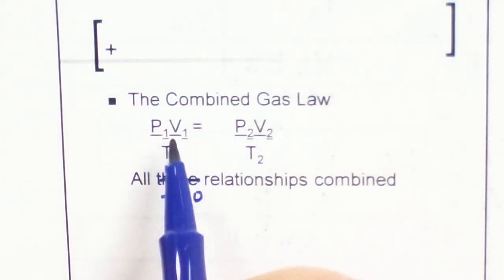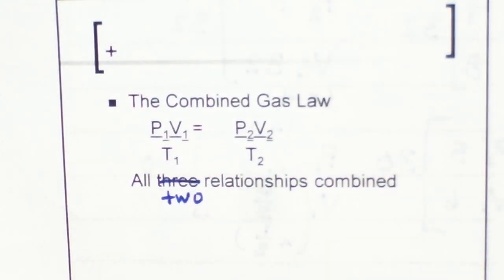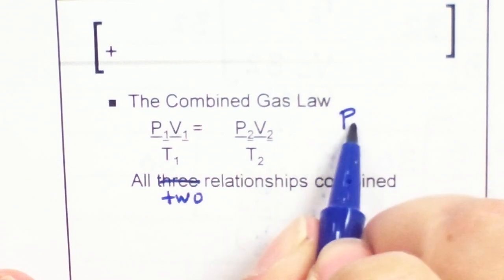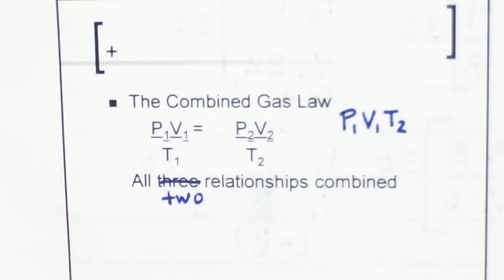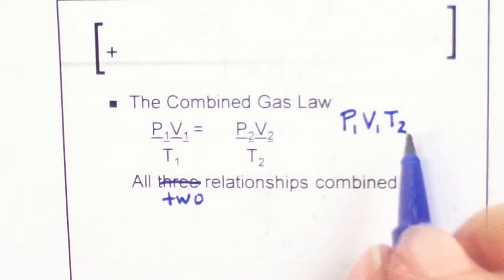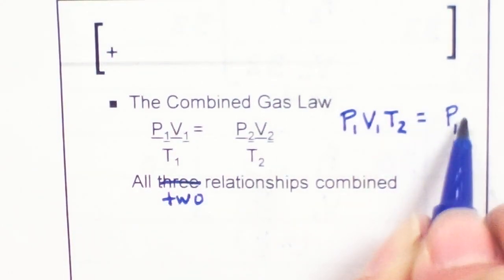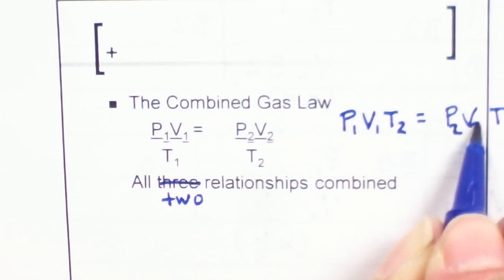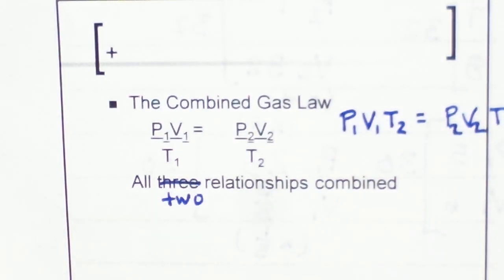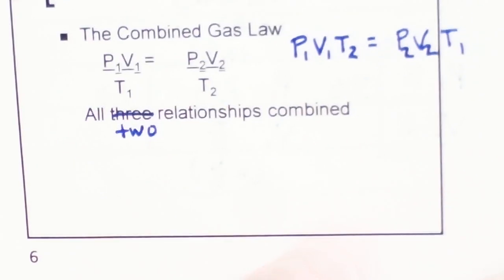So we're going to take the pressure, the volume, and the temperature. And I'm going to give you the linear equation here, P1 V1. And then here comes P2, because the temperature is always on the wrong side of the equation, of the equal sign. P2 V2, and there's T1. You can use either one. Both of them will work. Remember, temperature always has to be in Kelvin.